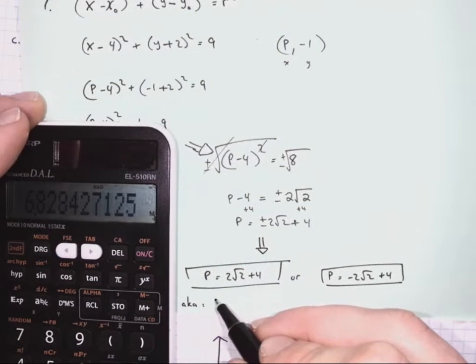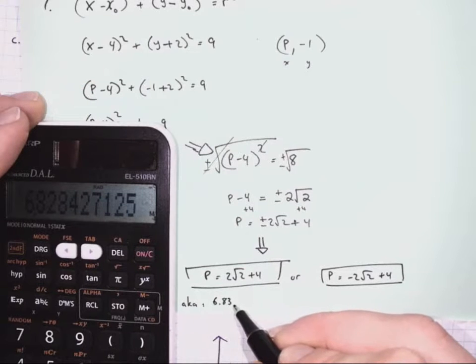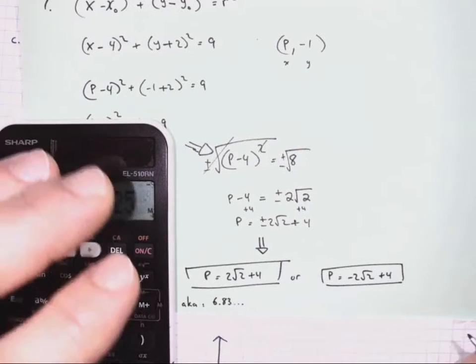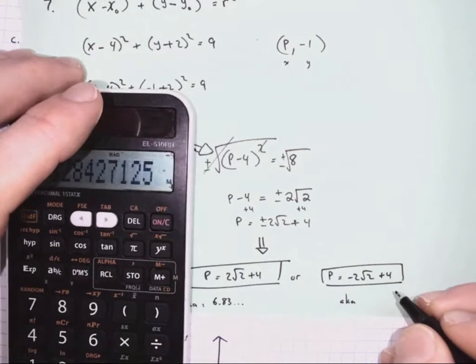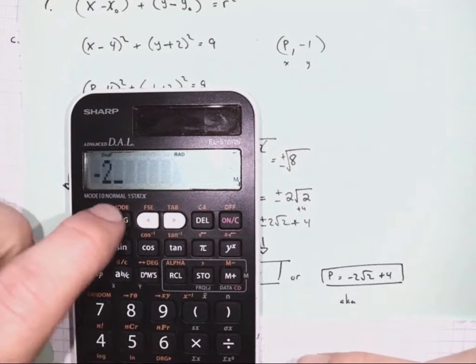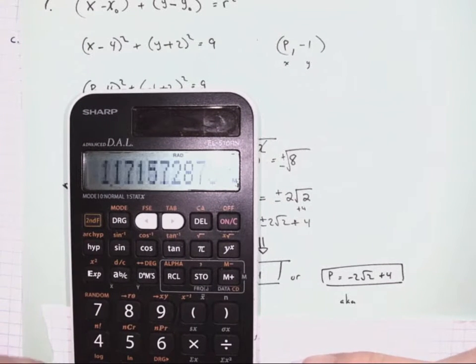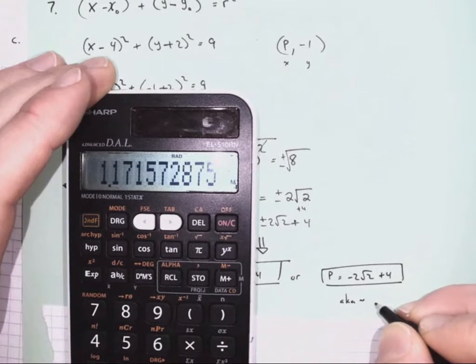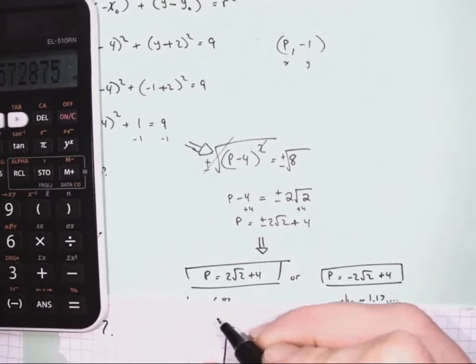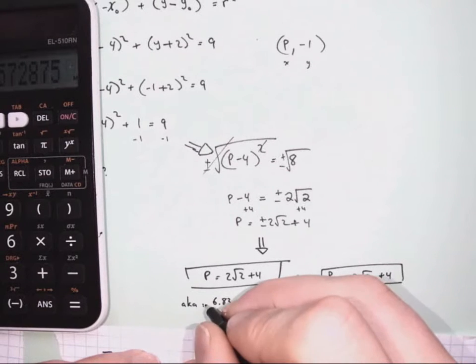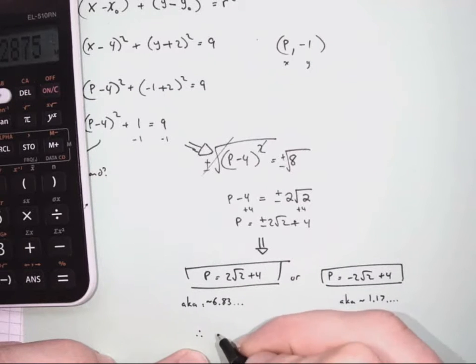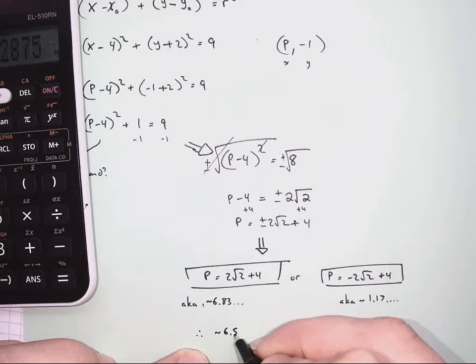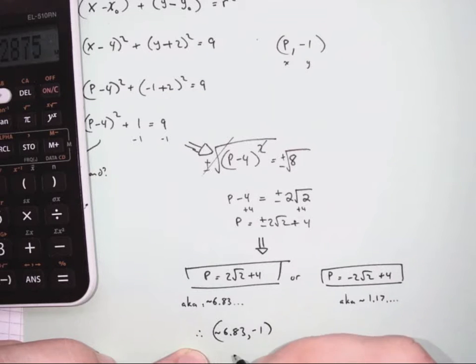Okay. So 6.83... and this is AKA. So negative, this is not going to be negative 6.83. It's going to be negative 2 root 2. And then that number plus 4. So it's actually going to be approximately 1.17. I'm going to put a little approximately sign in front of here. So that means we should have the point around 6.83, -1, is on our function,